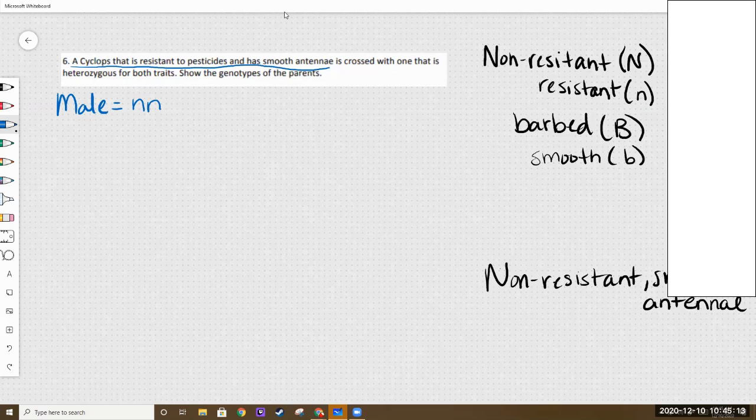All right, so now Caleb, back to you. He also has smooth antenna, which is the recessive trait again. So what would he have for his B's? Thank you, yes, little b. Okay, so remember, he has both recessive traits. So not only is he resistant, which is the recessive trait, he's also had smooth antenna, which is the recessive trait. So all of his letters would be lowercase. Now for my female,